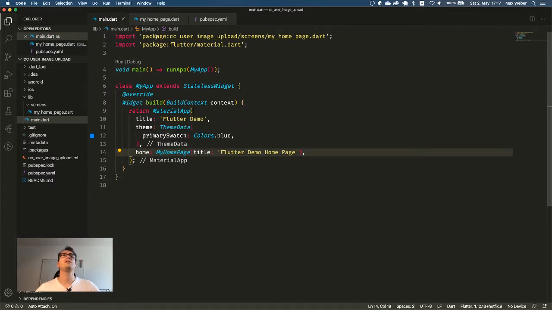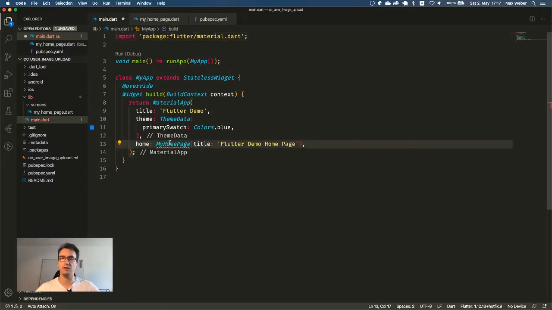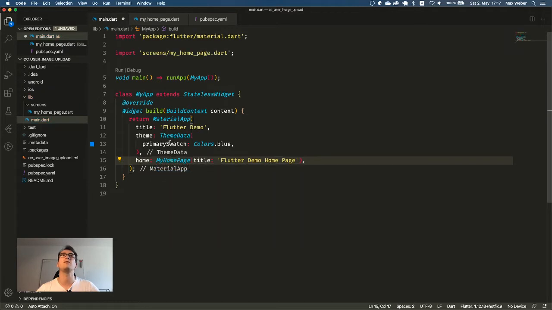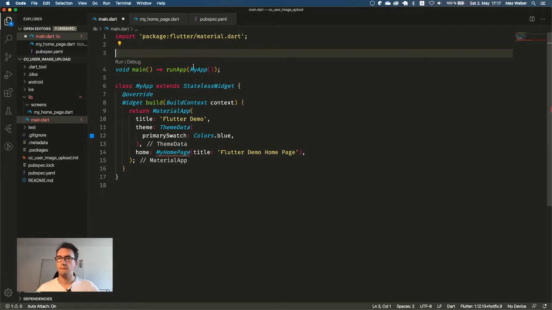That is a good question. How do you import the packages? Do you use that package annotation or the other one that we always see, screens my homepage? I know that there is a recommendation of Dart efficiency, but I just read it once and I forgot it very quickly again. What do you think?